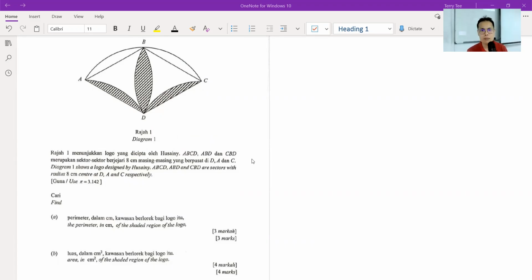Okay, so first of all, to find the perimeter, before you even find the perimeter, you can see that this is a radius of 8 cm, this is a radius of 8 cm. At the same time, this is also a radius of 8 cm, right? I hope you can see this. This is also 8 cm. So it's actually a rhombus. And not only that, if you were to join this together, you can see BD is also 8 cm. So they are all 8 cm. So all these